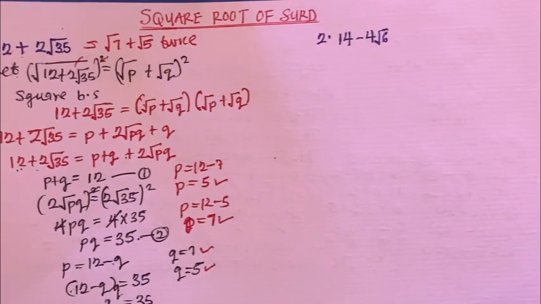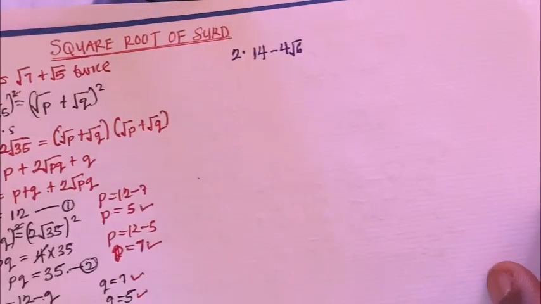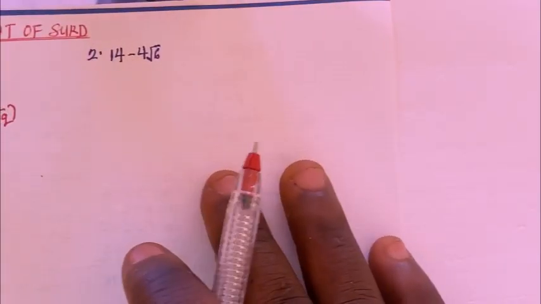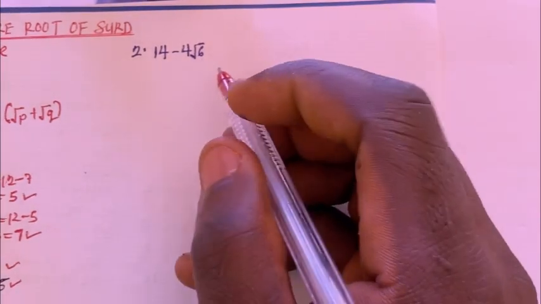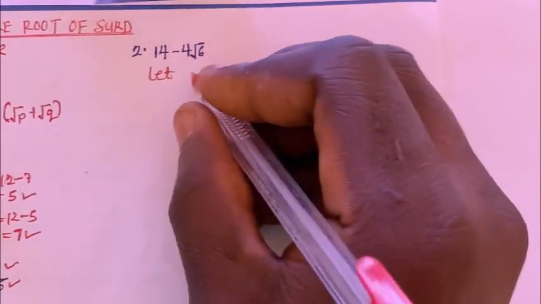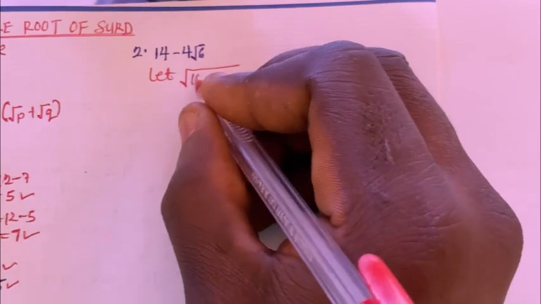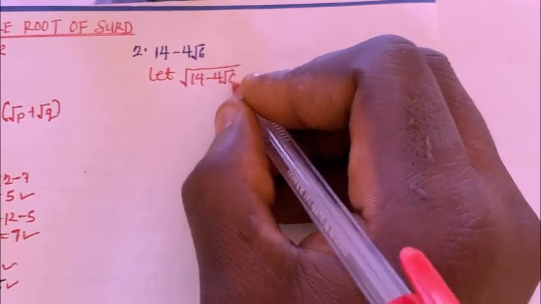So now let's move to the second question. The second question that we have is still the same thing. We are going to solve it, and it's similar to the first one that we solved. So now in this case, you have 14 minus 4 root 6. You can just say, let root of 14 minus 4 root 6 equal